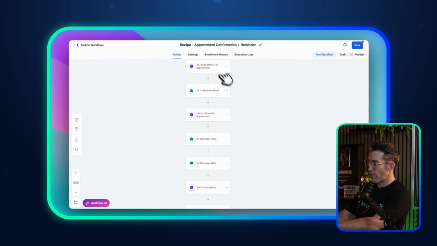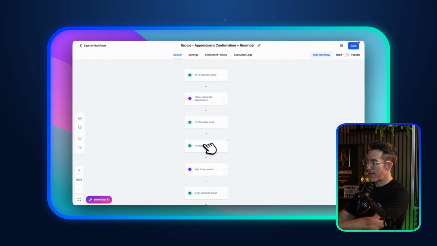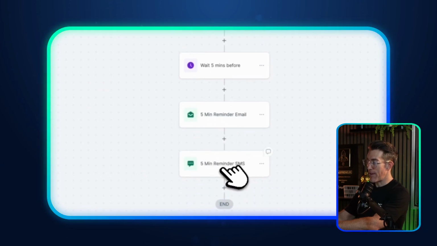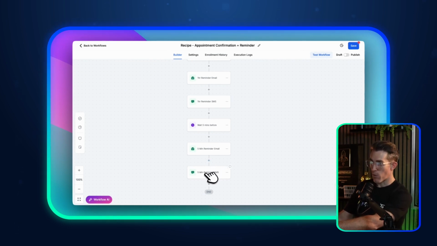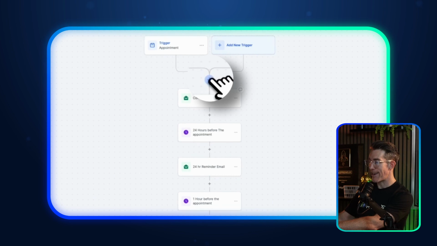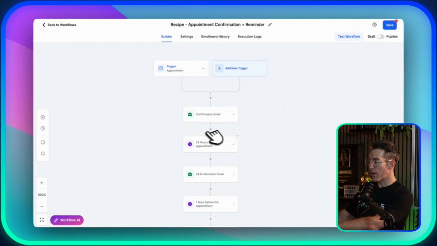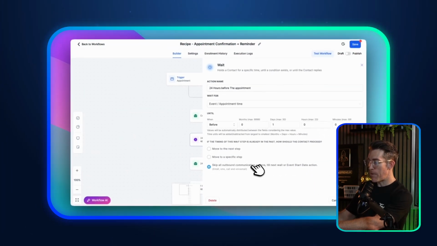And so it's got a single email 24 hours before, an email and a text reminder an hour before, and then 5 minutes before, an email and then another SMS. Out of the box, this recipe is pretty good. You can get more creative with it, and you can even elongate this. If you wanted to add additional actions with longer wait times, say sending 3 days before or 7 days before. The cool thing with these wait steps is they are set to skip all outbound action until